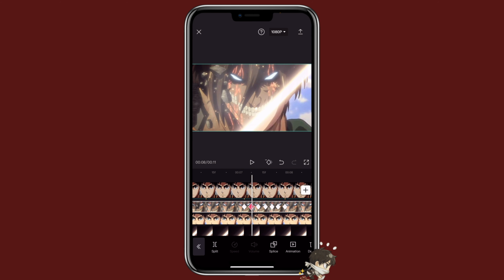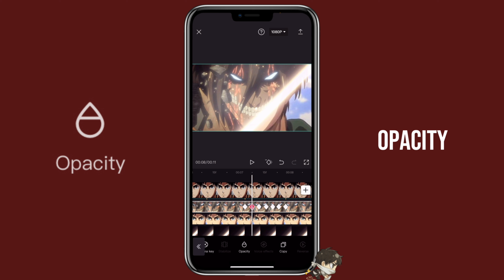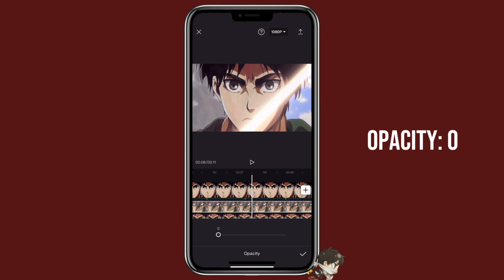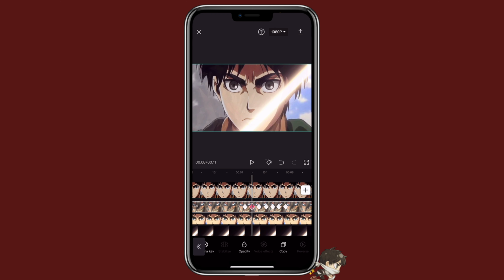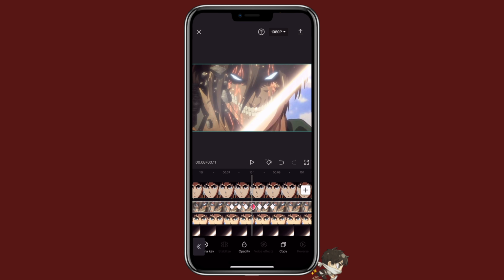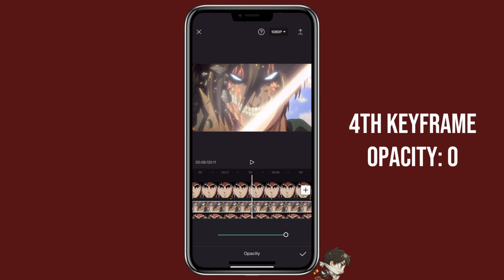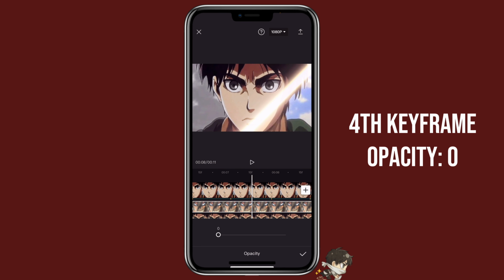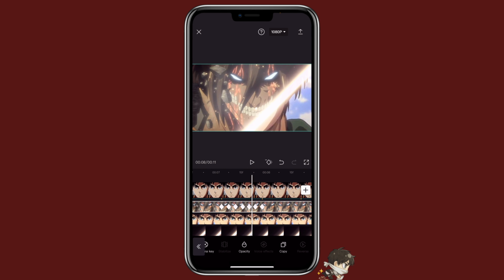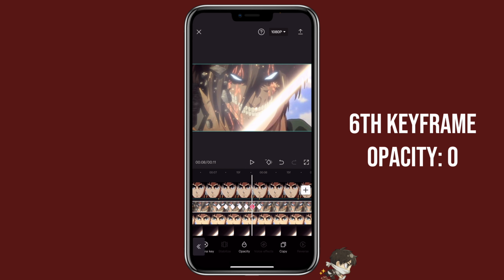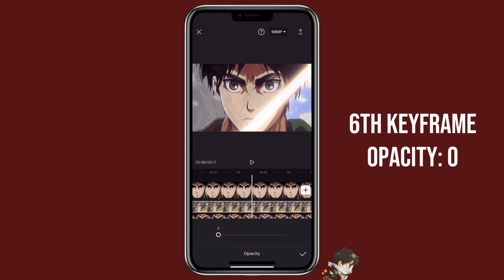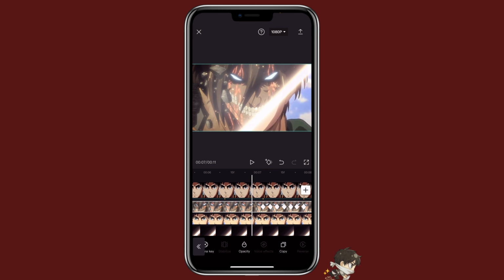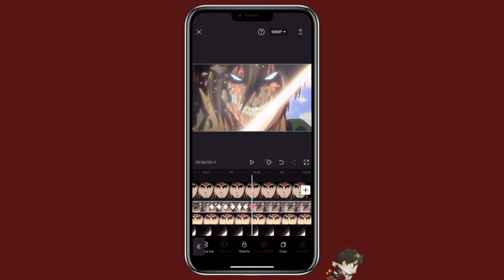Then you want to go to the second keyframe, scroll to the right, and then click on opacity, select 0, and then skip 1 keyframe, go to the next one, adjust the opacity to 0 again, skip 1, and then go to the next one, adjust the opacity to 0 again. So this is how you can create a change effect.